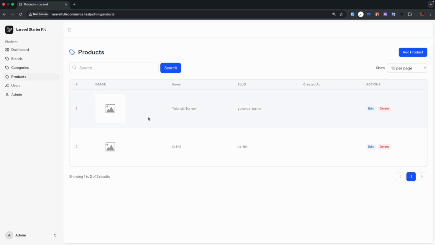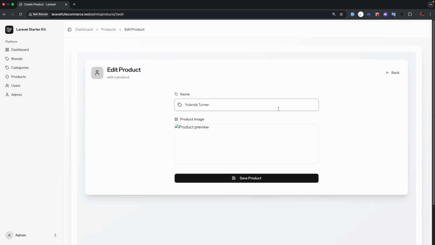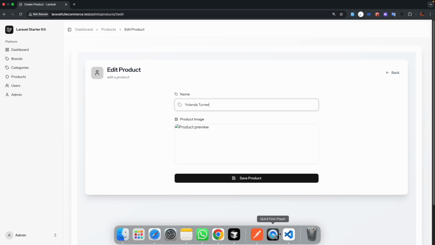Sections. Right now let's get started with the edit product. First of all, let's make the design for the edit page. What do we need here? First of all, let's go to the